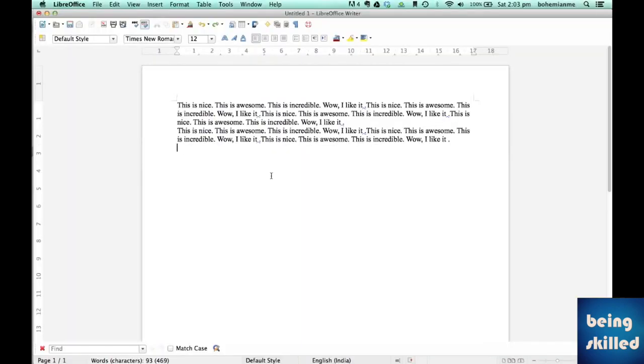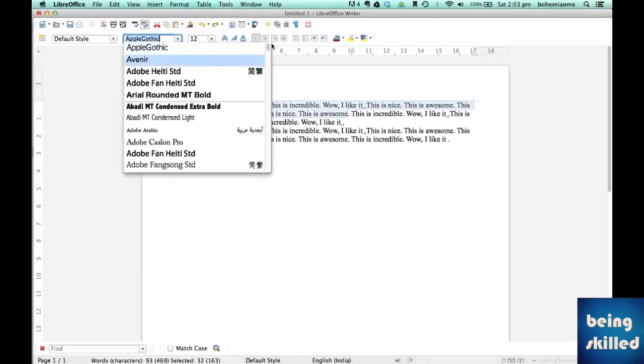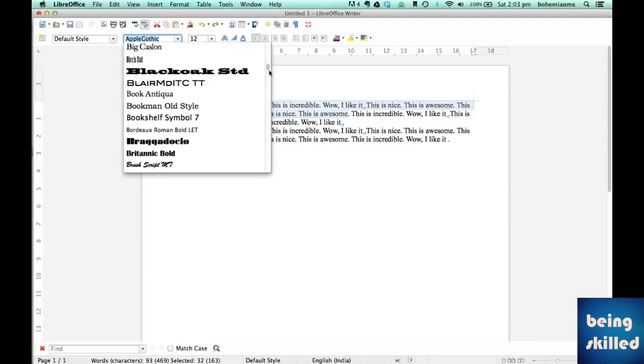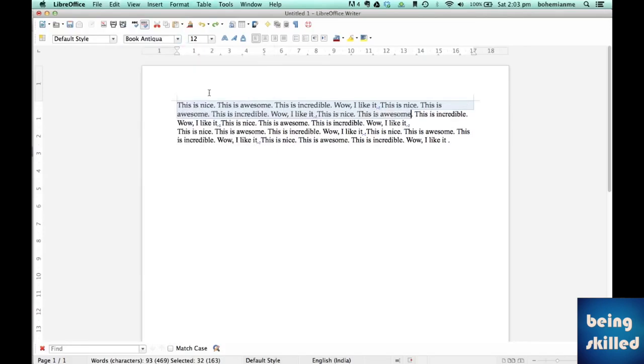Hi, in this video we will learn how to change the font and font size of the text. So step 1 is to select the text whose font we want to change, and then there is a huge list of fonts installed in the system, and select any of the fonts which you think will be good for your document. So for example, here we have selected Book Antigua,